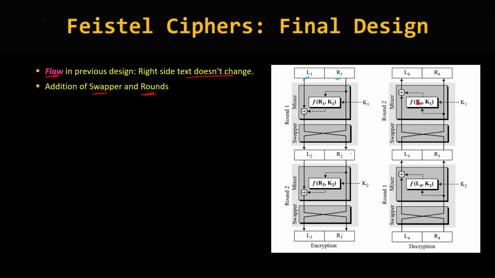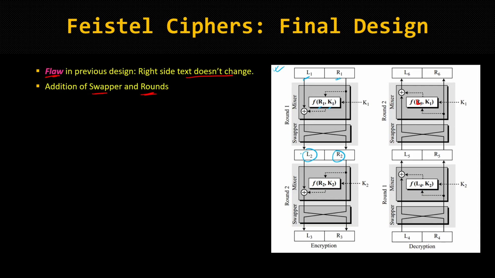Okay, now let us see in detail what is happening here. This L1 is being exclusive XORed with the non-invertible component, which accepts R1 and K1 as its input, and this produces R2. And this R1 is fed as an input to this non-invertible unit, and later on it is changed